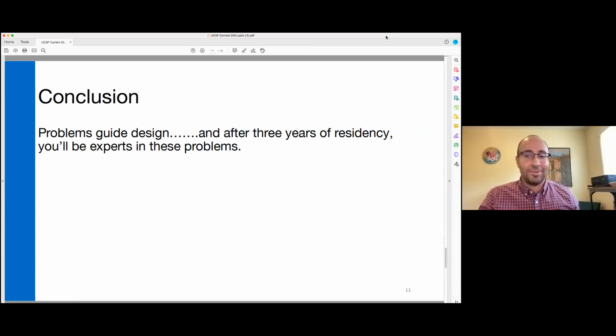A UCSF resident will graduate and will be an expert in the management of asthma exacerbations, a whole host of problems. And there's a need for that. There's a need for people who really understand these problems in depth to help design software to address them. And this work really transcends to global audiences. All countries are having challenges following these guidelines. So I think I'll stop there and take any questions.